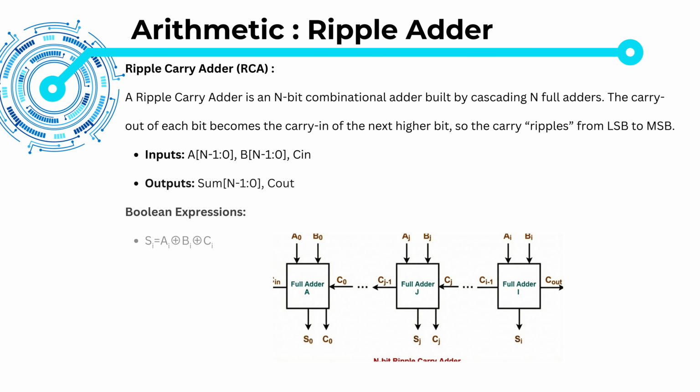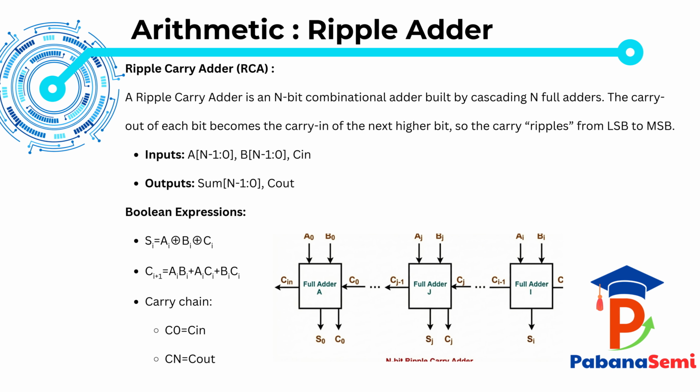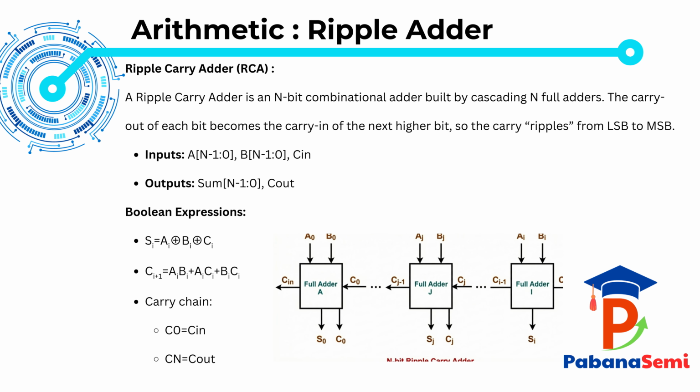Now let's move to the ripple carry adder, or RCA. A ripple carry adder is an n-bit combinational adder built by connecting n full adders in series. The key idea is simple. The carry out from each bit becomes the carry in for the next higher bit. Because the carry has to pass stage by stage from the LSB to the MSB, we say the carry ripples